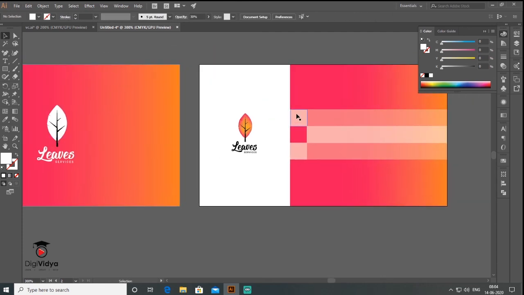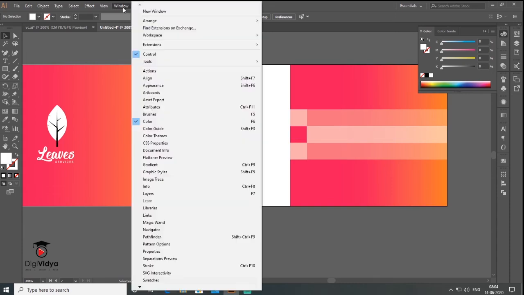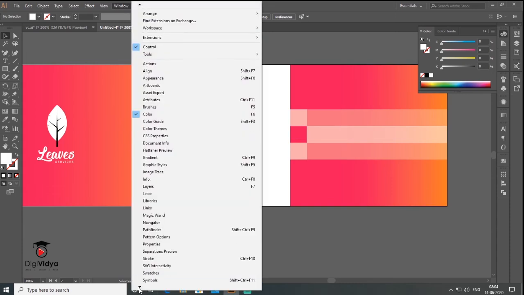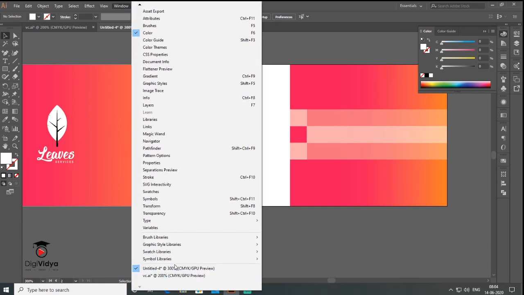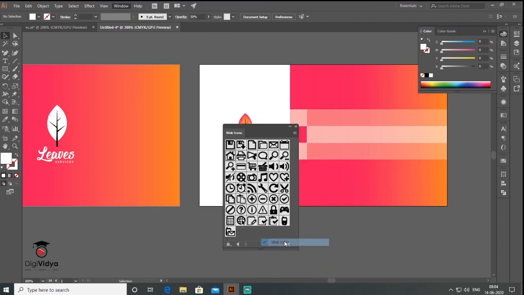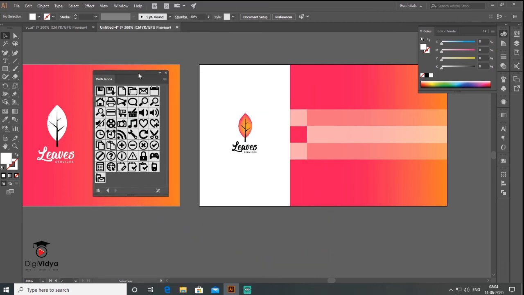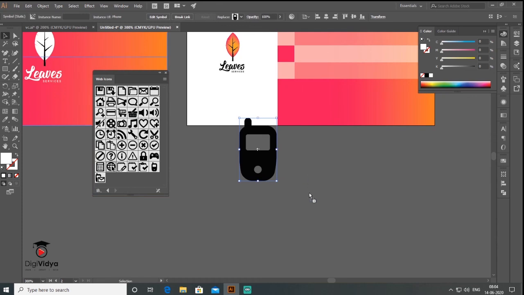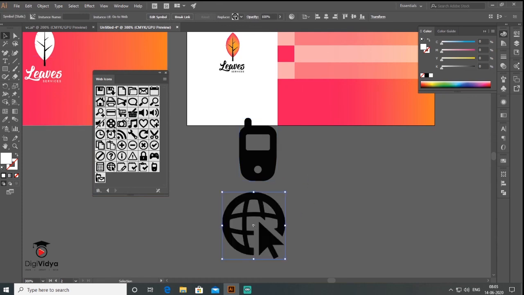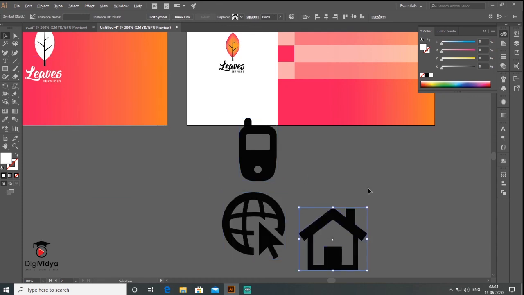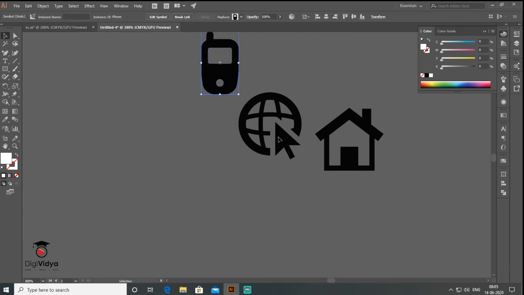So I put the icons of phone number and www and contact. We have predefined symbols in Adobe Illustrator. We go to Windows menu, and in the Windows menu there is symbols library, and you click on the web icons. When I click on the web icons, there is a phone number, and there is a www, and there is an address. So I choose these three. So what I do, I arrange them first,